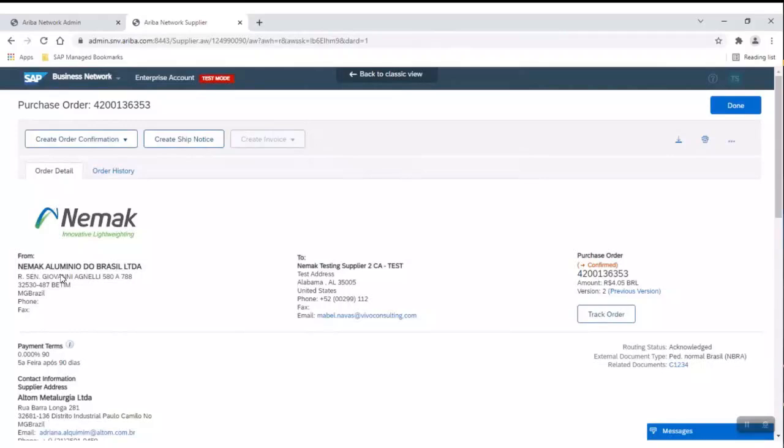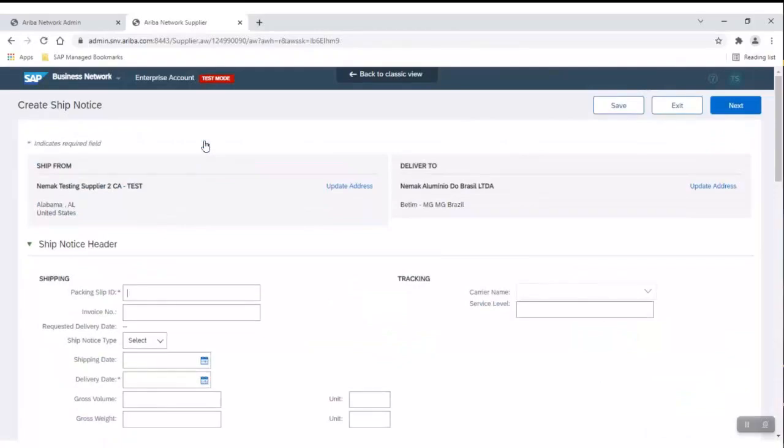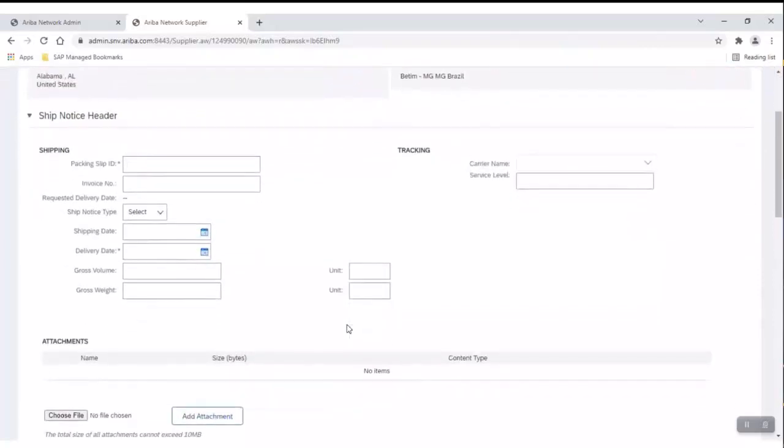Once you're inside the order, please click on Create Ship Notice. Please review all the information, shipped from and delivered to addresses. There's no need to update them. And please fill out any information marked with an asterisk, like the packing slip ID.